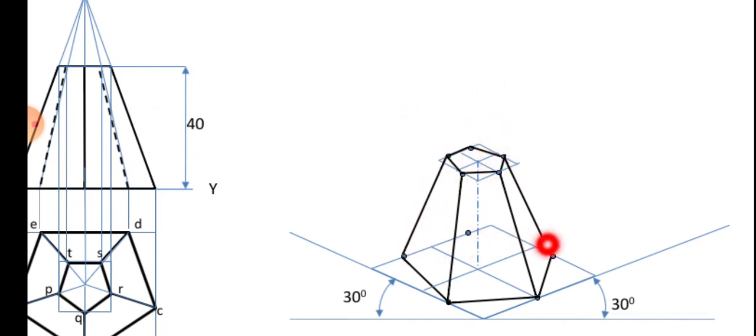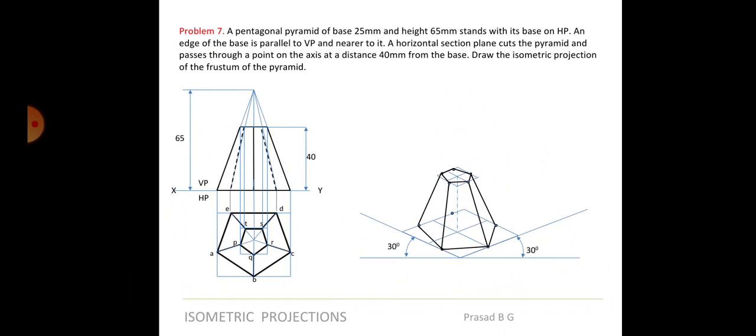The only thing is that, just like how you consider this to be the base and started, if there is, on top of the frustum of a pyramid, let's say a hemisphere or one more object, you will consider this as the reference, with a 30 degree line for that, and with respect to this you will start drawing the next object. Anyhow, I will take some of the problems in the question bank in the next video and explain. After that you should be able to complete all the questions in isometric projections. Okay, thank you.